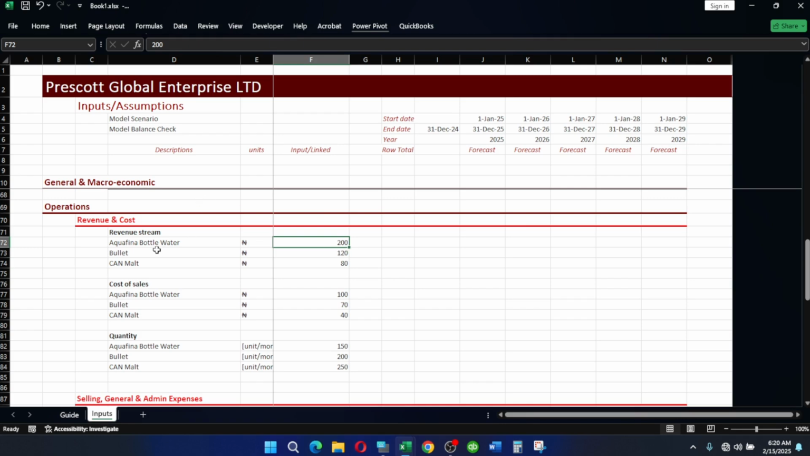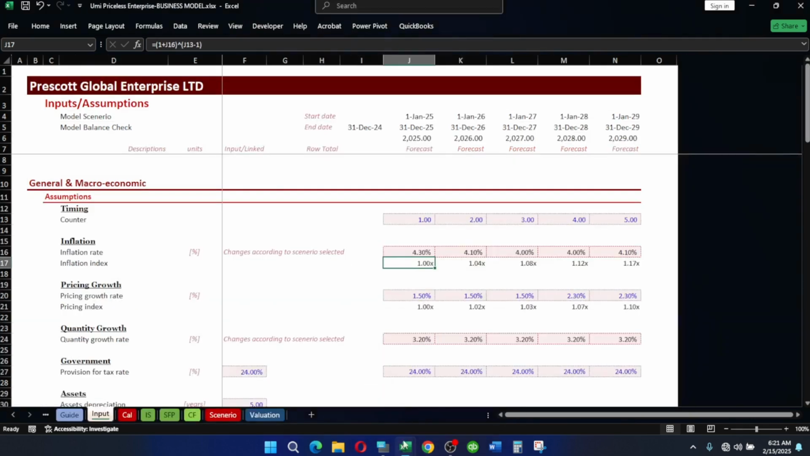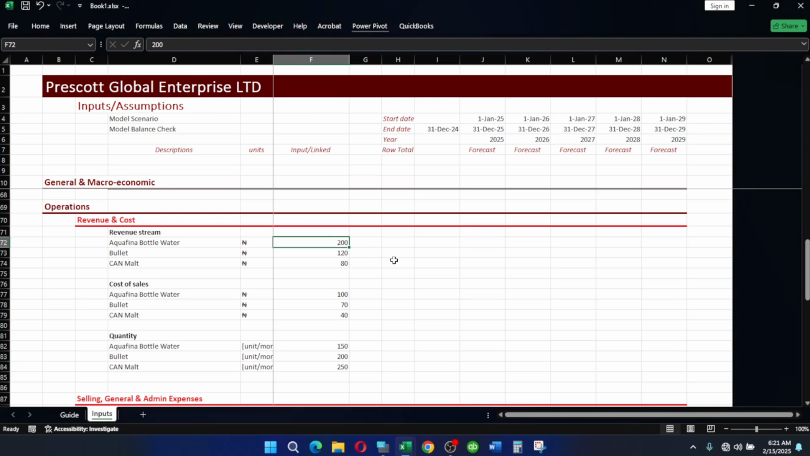We have Aquafina bottled water. I'm not trying to promote any product here, I'm just trying to build a model. I want to be realistic in building the model so that you also understand the basis of application. Now we are saying that for Aquafina bottled water, we want to sell at least 200 packs each month. Everything we are going to be putting here is per month. Sorry, this is not the quantity, actually this is revenue. So let's say we are going to be selling a pack of water at 200 naira,